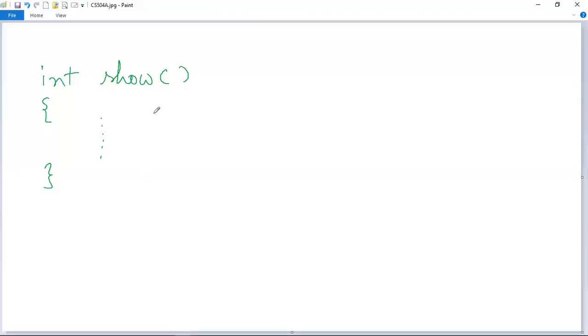This is what I was telling just now. This is the method name, and this is the return type of the method. These things I have already discussed while discussing methods in detail in my previous lectures.